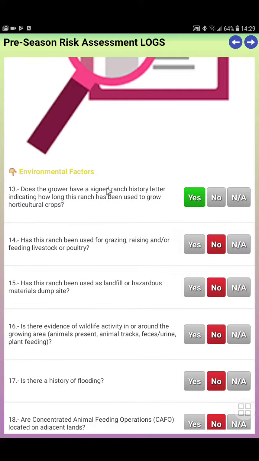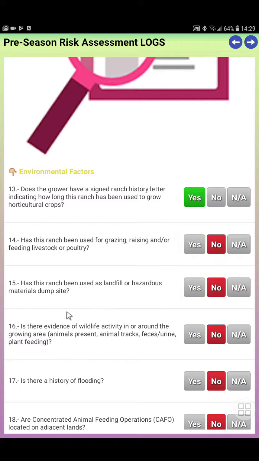environmental factors. Does the grower have a signed ranch history letter indicating how long these rows have been used? Yes, you need to have that. When you purchase the land, they should give you something that provides information about the conditions on the ranch, the soil. That's important to know what happened previously in that land. Has this land been used for grazing, raising, feeding livestock or poultry? No. Remember, if something is different from what I'm answering now, you need to explain and explain your mitigation, your